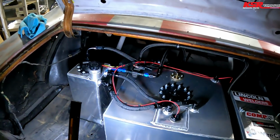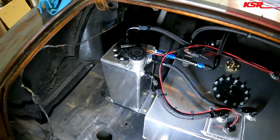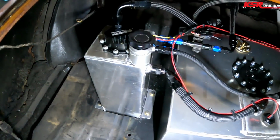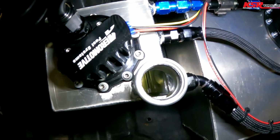All right, well, yeah, it's dark behind me. We are finally completed with our fancy schmancy fuel system, which might be a little overkill for this car, but you know what? It is not going to fuel starve during a burnout now. Go ahead and cycle it and let's see if...